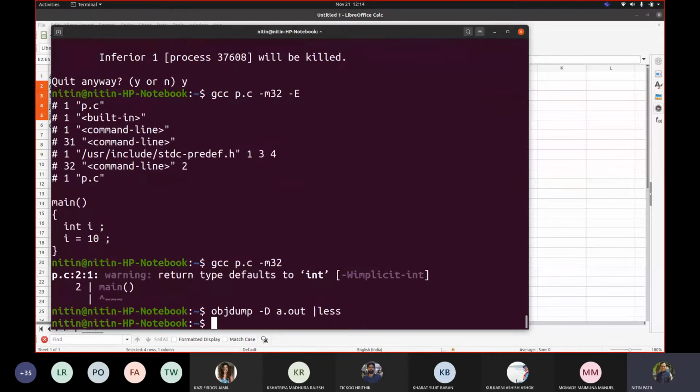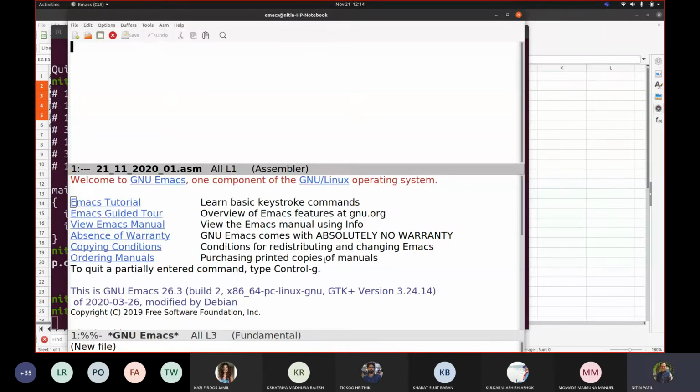Right? Okay, so now let us try to see how we can write macros in assembly. So percent macro, you give a name, say my add, and you give a count here. How many parameters do you want to have?